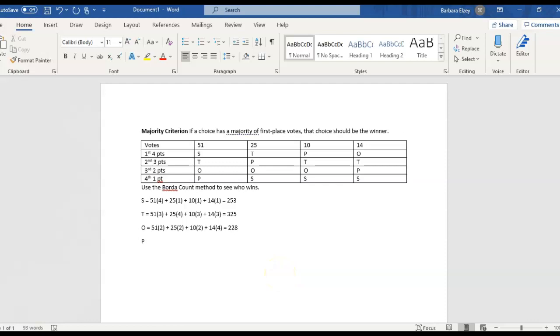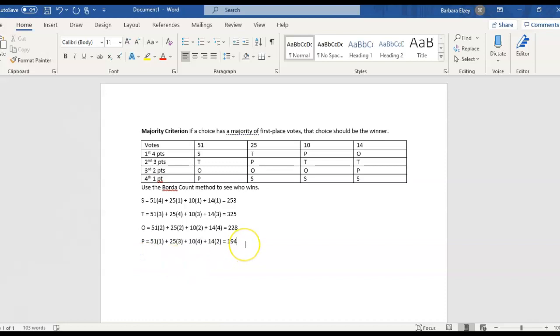And then lastly, let's do our P. So P is in last place for the 51, it gets 1 point. In our second column, P is second, so it gets 3 points for those 25. For the column with 10, P is in first place, so it gets 4. And for the column with 14, P is third, so it gets 2. And then let's add those up. And that gives 194. Now let's just double check our calculations, especially since that 325 seems a lot higher than